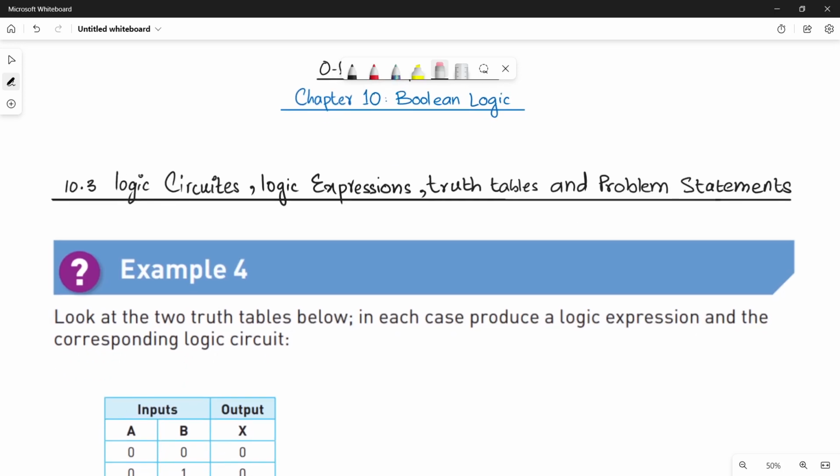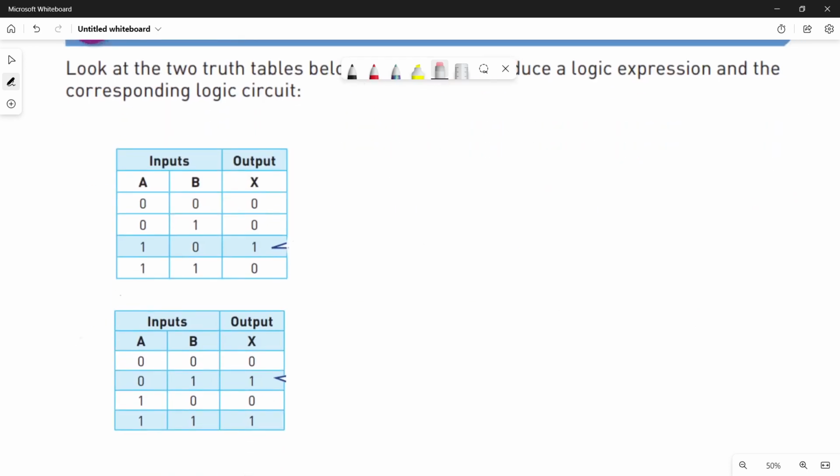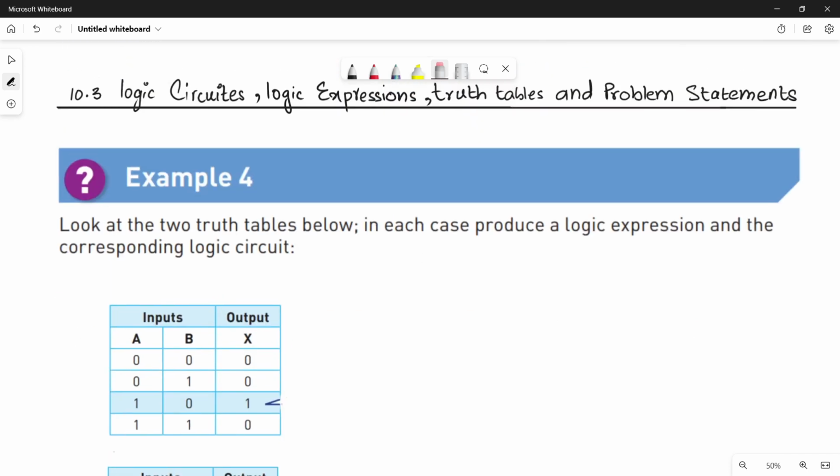The example says to look at the two truth tables below. Here are two truth tables that I have. In each case, produce a logic expression. It's very important that you have to produce a logic expression from the truth tables and the logic circuit. So if I talk about this problem, what you have to do,